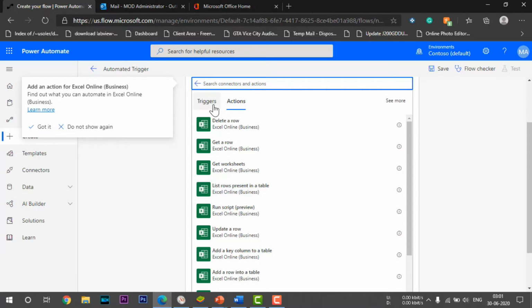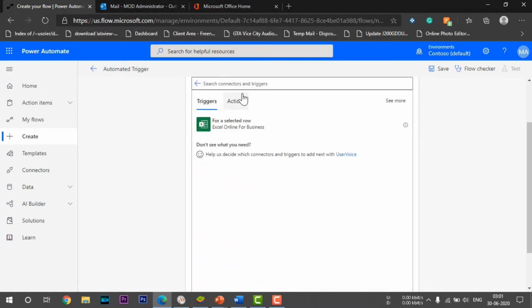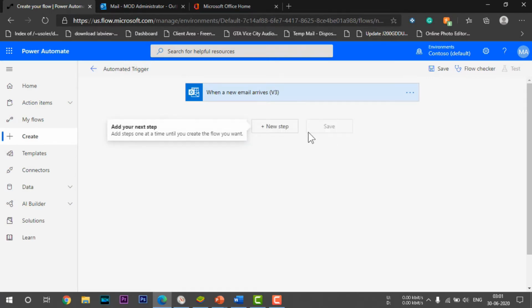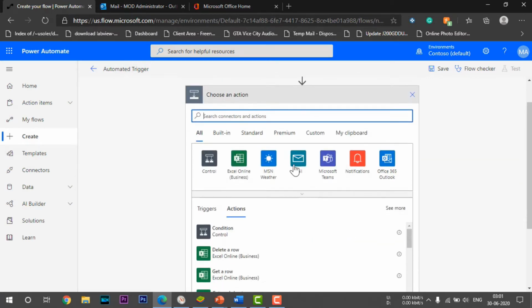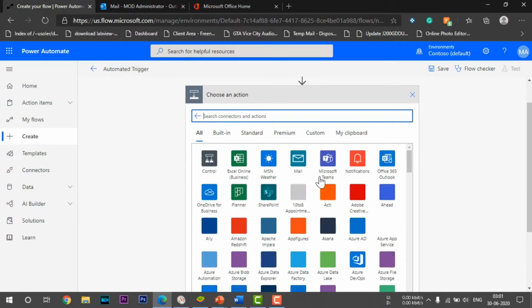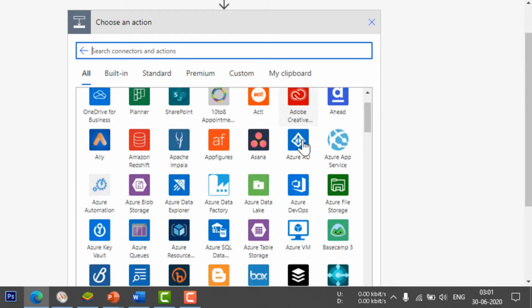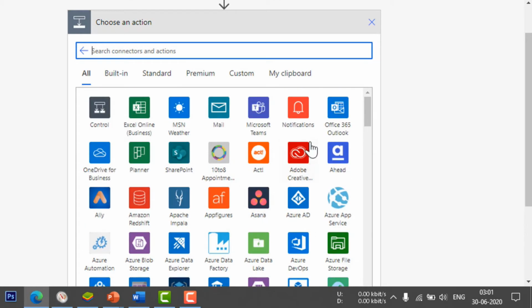This is the trigger, and this is the action in an Excel OneDrive. So similarly we can have any number of connectors here, and we can use them as an action.